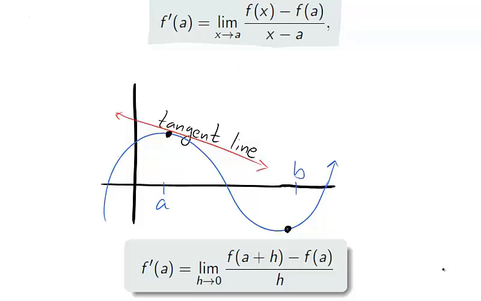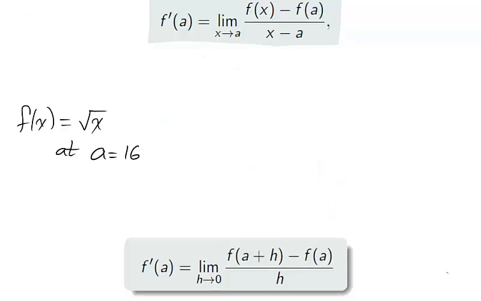Often we will use an alternative but equivalent formula for the derivative of a function at a point. Rather than taking the limit of secant lines from x equals a to x equals b with b approaching a, we can replace b with the value a plus h, where h is the distance between the values a and b. As b approaches a, the distance between them, h, will approach 0. For example,